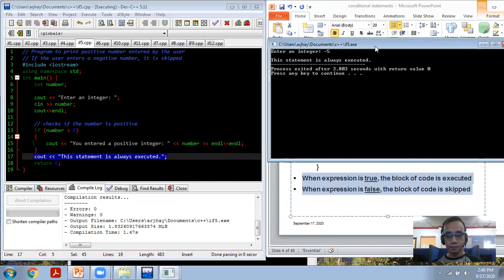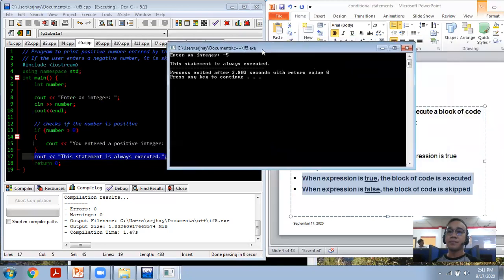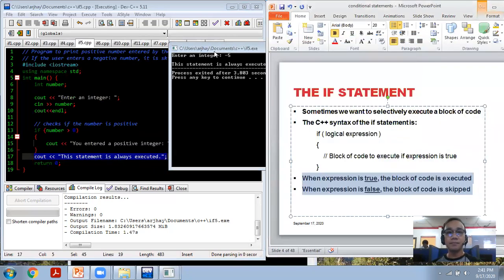Pero, hindi niya in-indicate kung in-input ba natin number ay negative or positive. Okay? Kasi ang hinihingi ng condition natin, kapag nag-input ka lamang ng positive number. Kasi ang expression mo ay number is greater than 0, which is -5, greater than 0 is false. So, wala siyang in-execute. So, kapag true, so pag run natin siya,